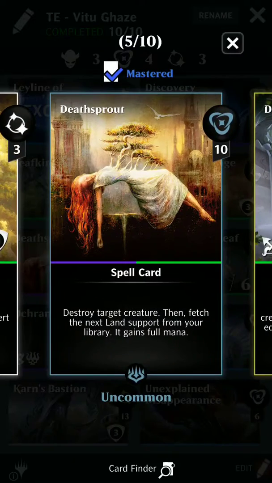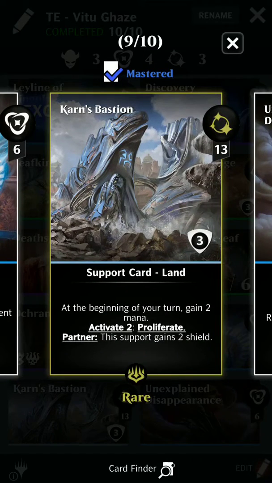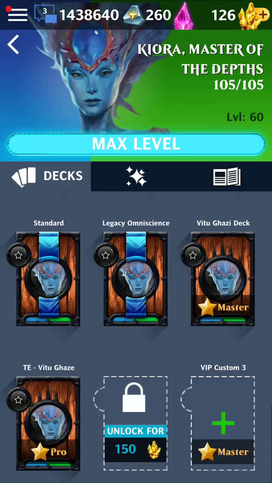And the other one is to run Death Sprout in conjunction with Karn's Bastion. Now, if you have Knight of Thorns,